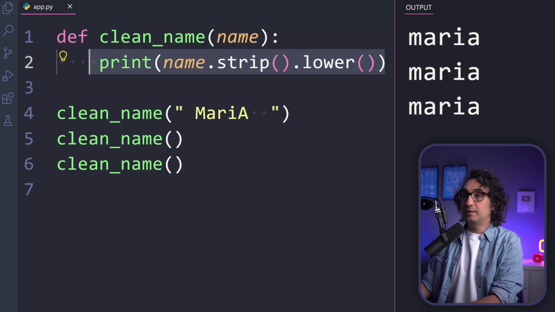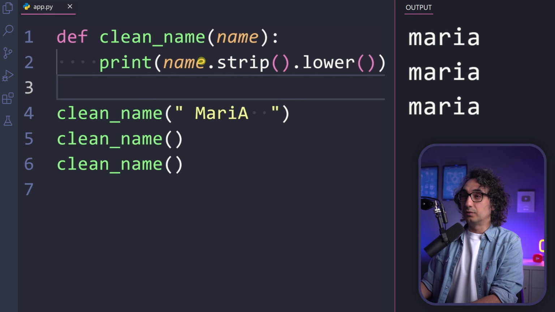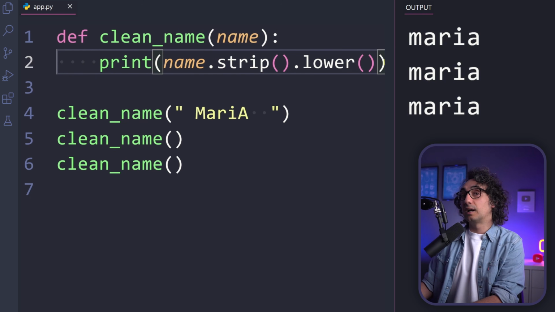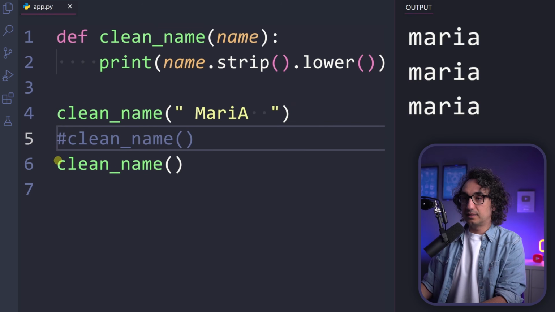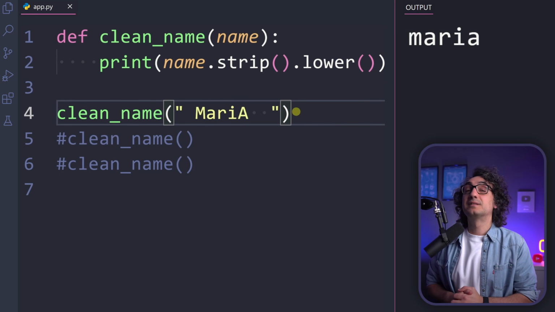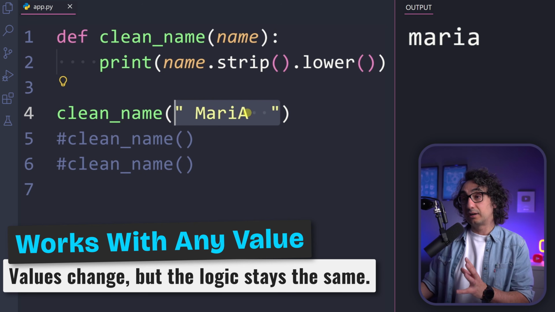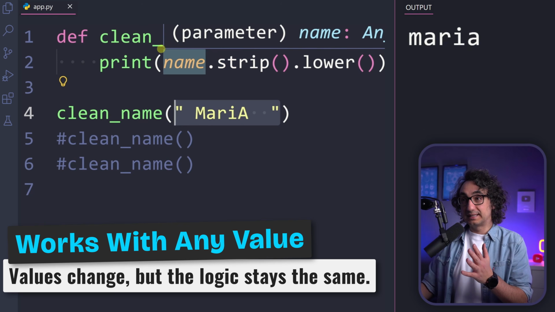And with that, we have only one line inside the definition. So you can see inside the function, there are no values at all. It's just describing what's going to happen to the parameter. So now let me just try this out. I'm gonna remove those stuff and then let's go and execute. Look at this, the result is the same, but this time the value is coming from the outside as an argument, not a static value inside the function.